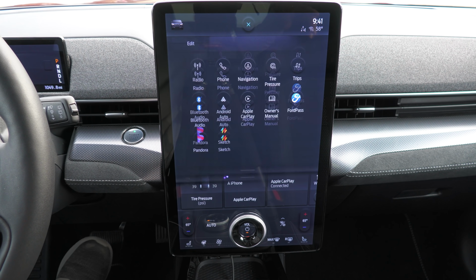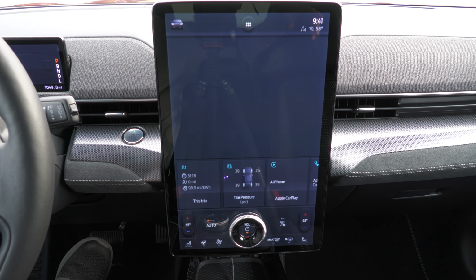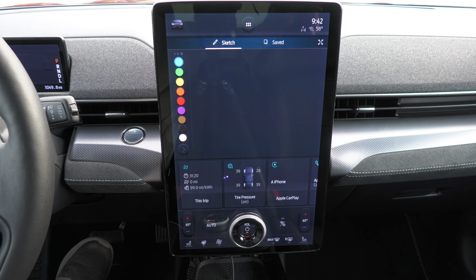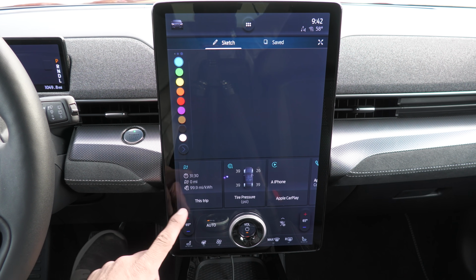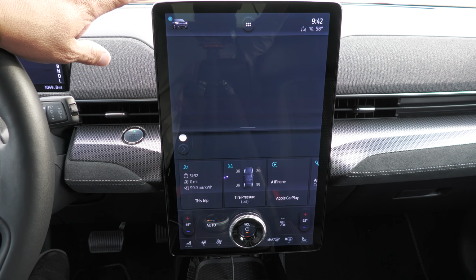If I click on this little app icon at the top, we have a Sketch app that's integrated into the system. I don't have this on my particular Mach-E for some reason, so this is probably going to come to other models as well. Now, the one thing that I have noticed is that access for the front trunk, instead